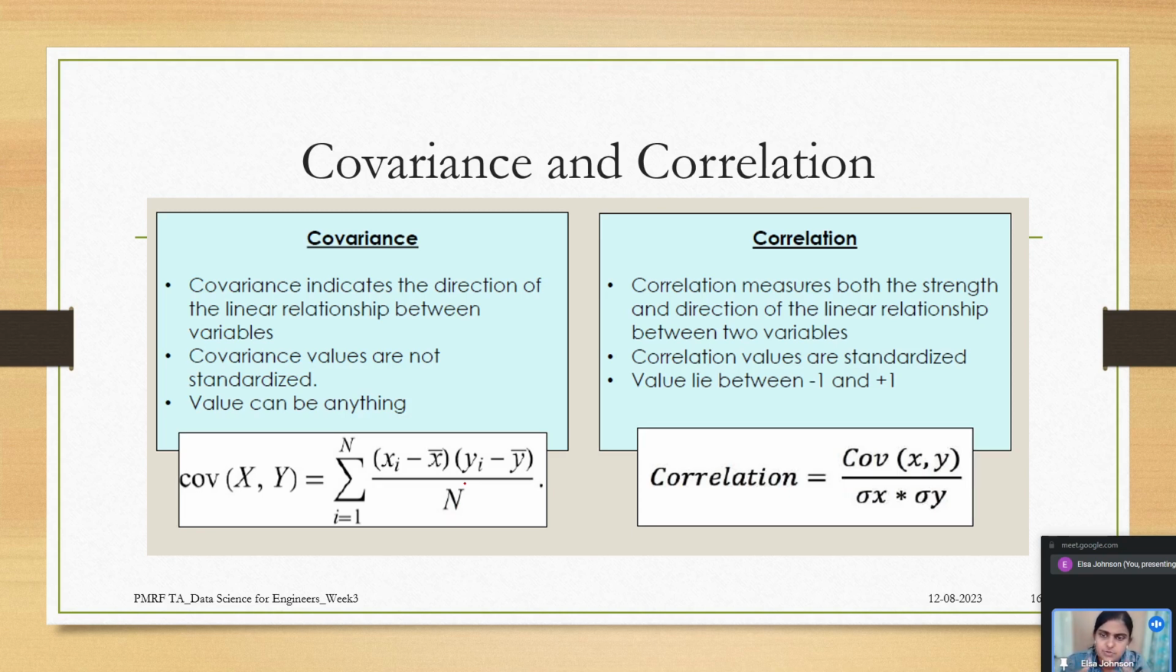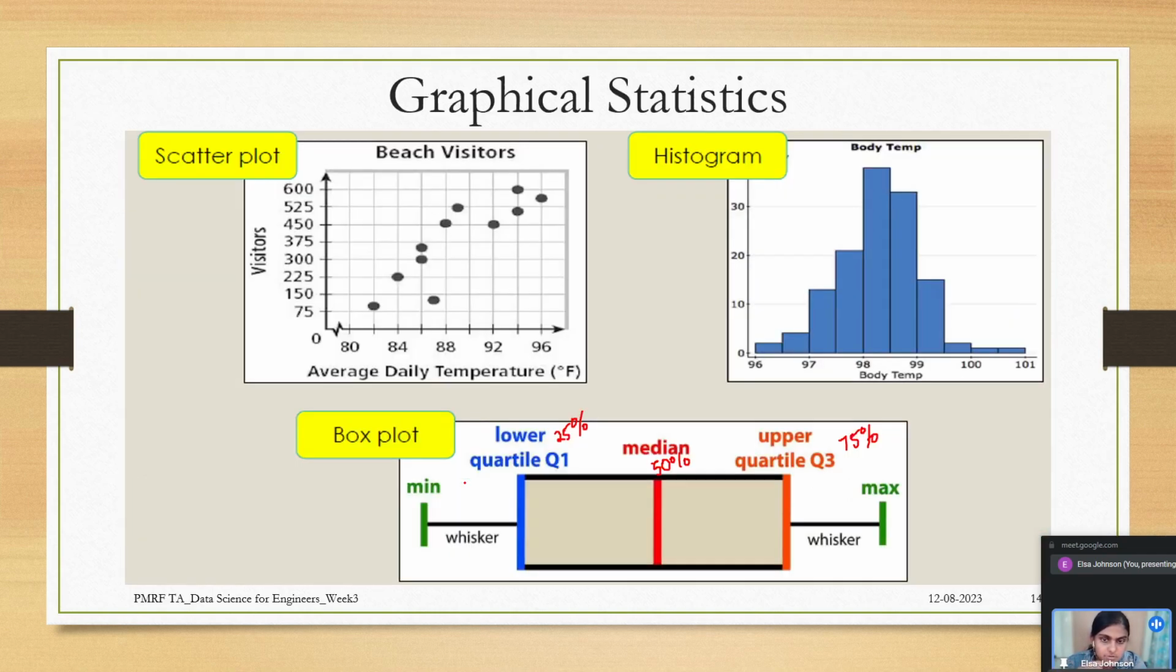Covariance usually indicates the direction of the relationship between two values. Two random variables might be there, and when one of the variables is increasing, or when one variable is high, you want to see how the other variable is changing. For example, in a particular graph, if you see